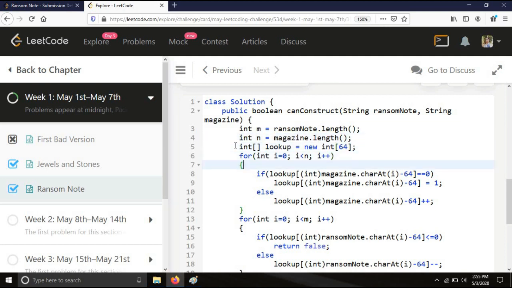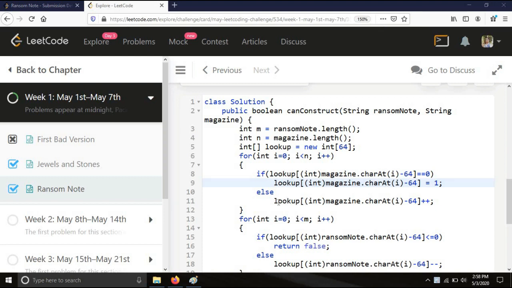I am checking whether its value is 0 or not. If its value is 0, then I will increase the value by 1, and then we will simply increase the counter value of that particular position by 1 whenever we encounter that character.